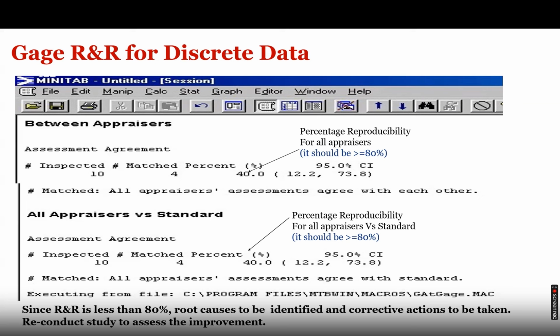So one thing is coming out very clear: Radha's performance has been deteriorating gradually, and it is not close to 80%, whereas Krishna's result is always 80%. And we know that for discrete data, the percentage should be greater than or equal to 80%. Then only we will accept. So we will purely accept Krishna's performance measurement, but not Radha's.